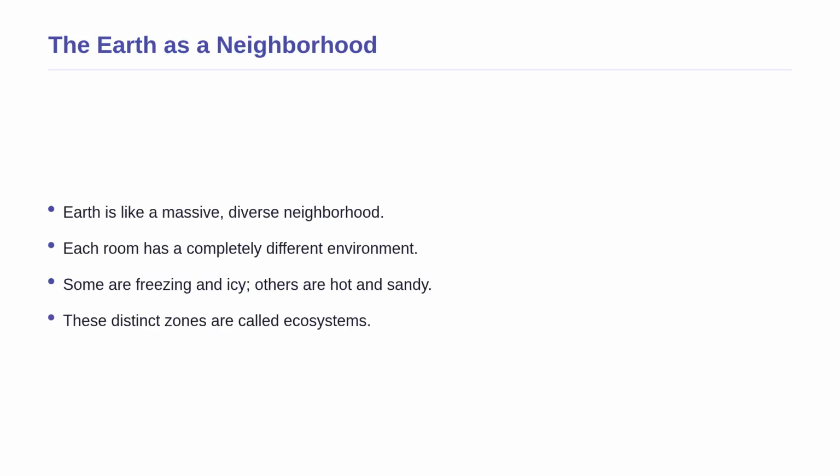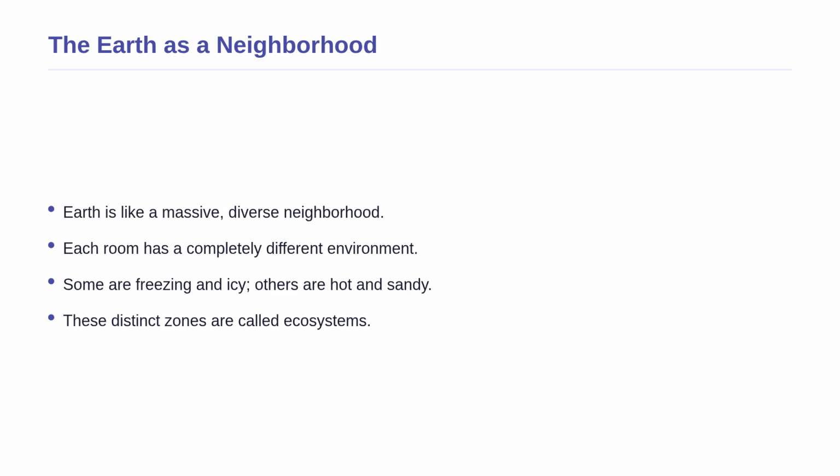To begin, imagine you are walking through a massive, diverse neighborhood where every single house has a completely different environment inside. In one house, it is freezing cold and covered in ice, while in another, it is hot, dry, and filled with sand. The Earth operates in the exact same way.